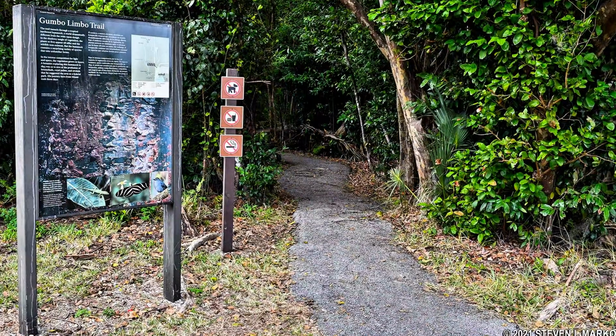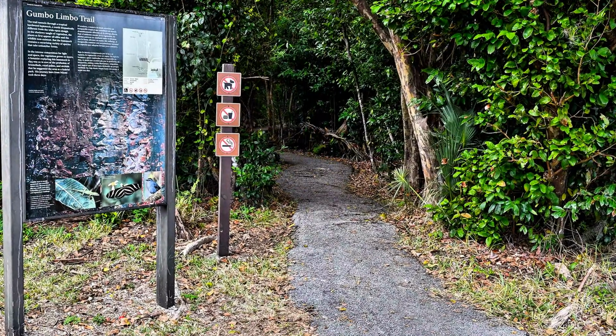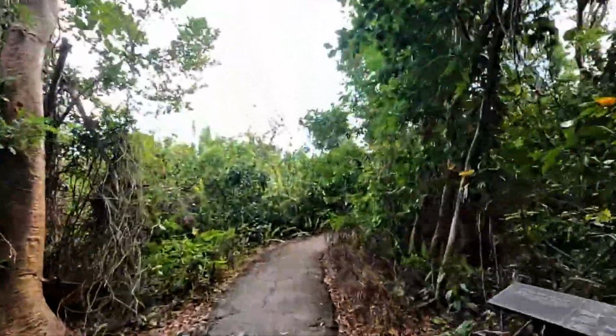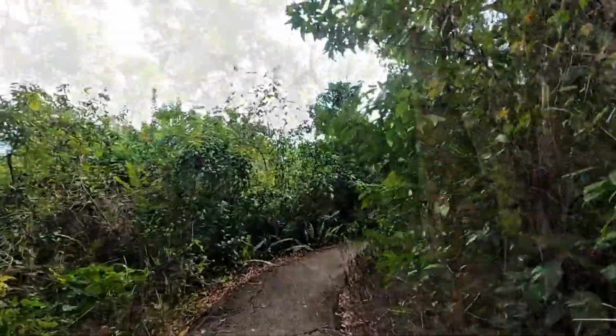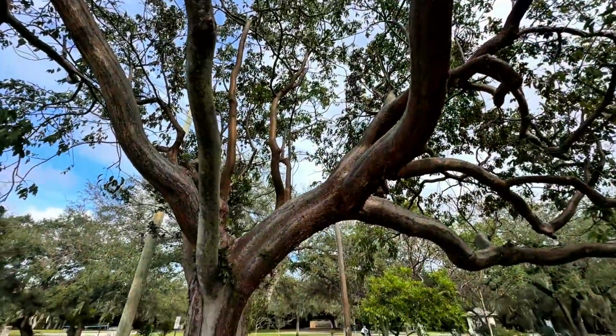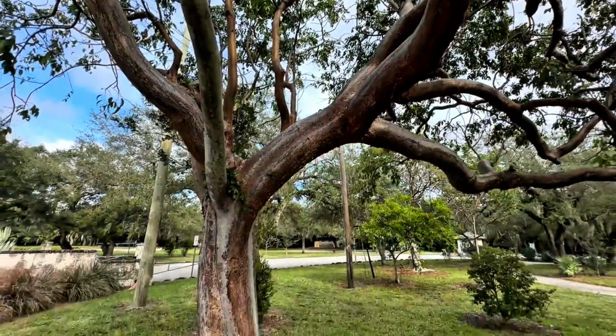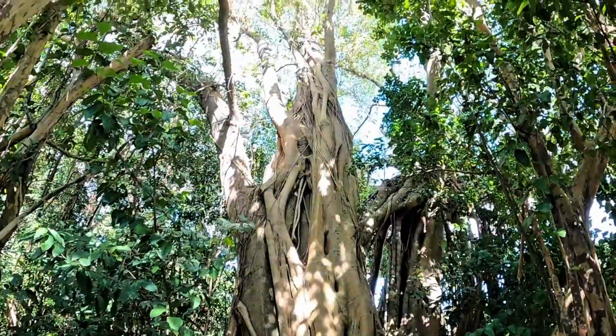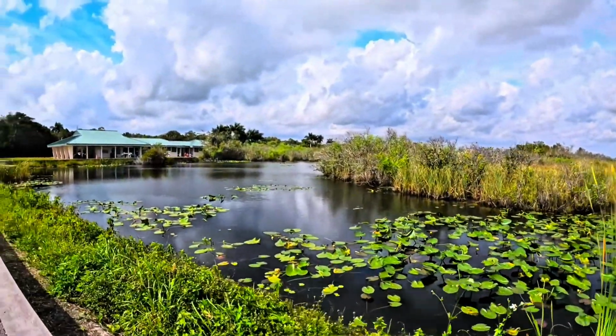Right next door is the Gumbo Limbo Trail, a 0.4-mile long paved trail that loops through a shade-laden rainforest with tropical plants, air plants, and our good friend, the Gumbo Limbo tree, renowned for its distinctive red bark and peeling skin. Both trails are free with your park admission, and if you can swing a visit in the dry season,